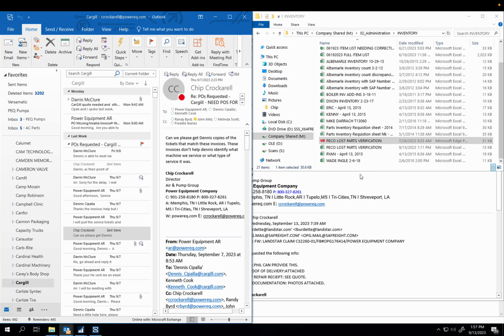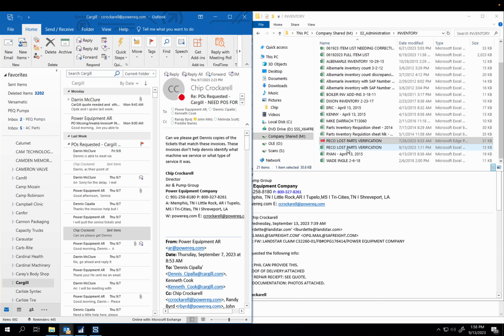I wanted to call your attention to a specific situation and how we can document lost parts. If we lose a part, it's imperative that we go through the steps of trying to find the part and come to a resolution so that we either find the part, get the part out of inventory, and take care of the customer. Ultimately, we want to take care of the customer, but we're all guilty of taking care of the customer and not doing the necessary